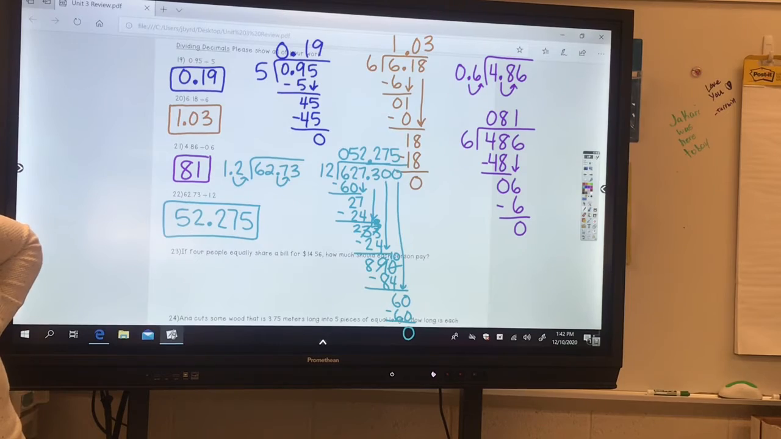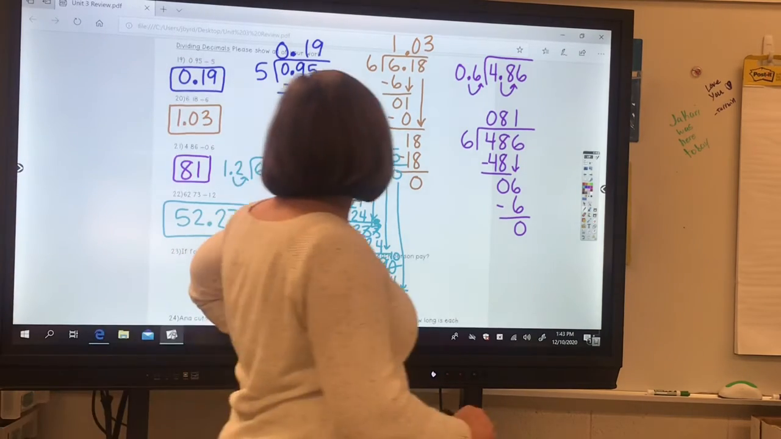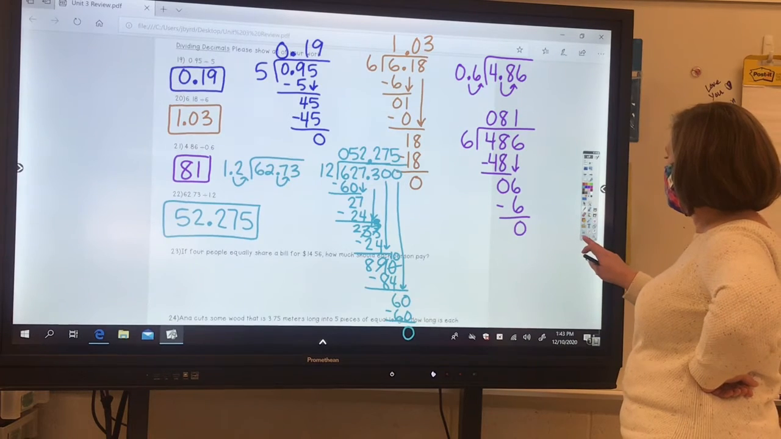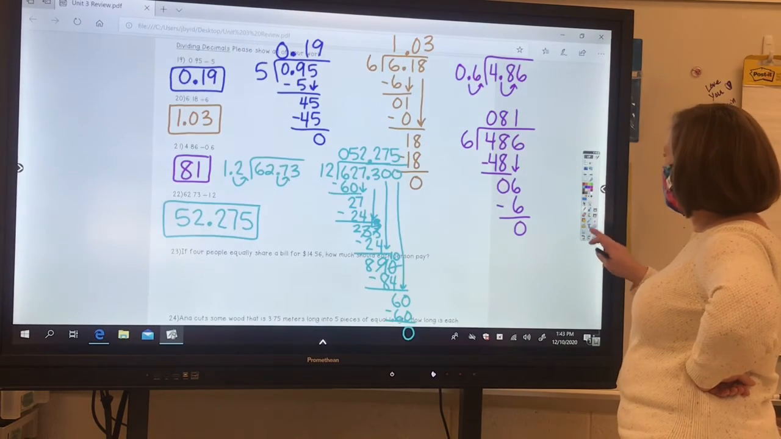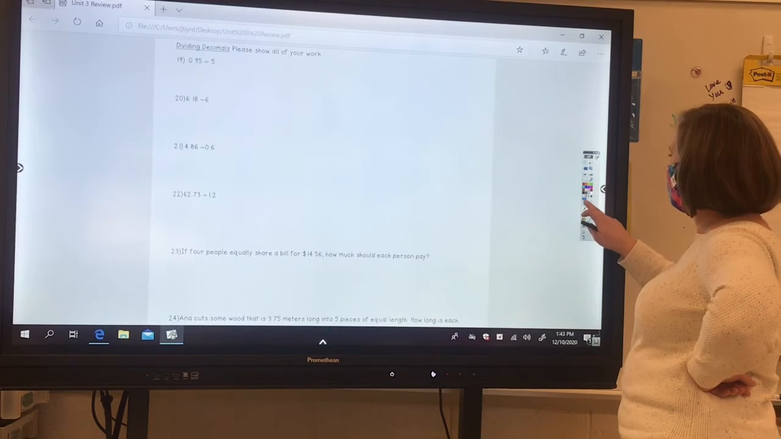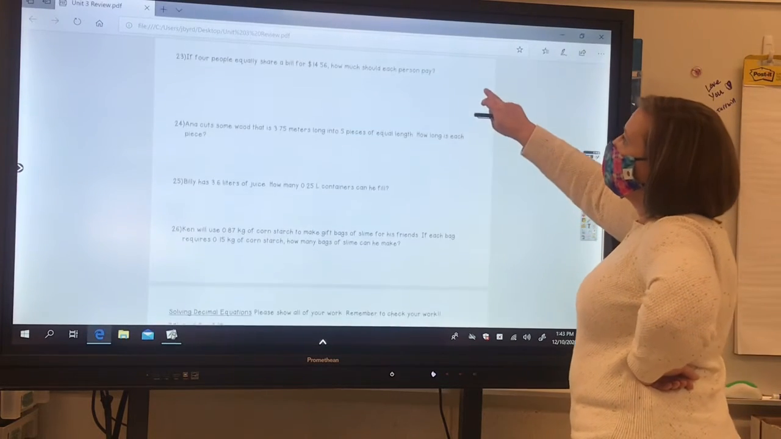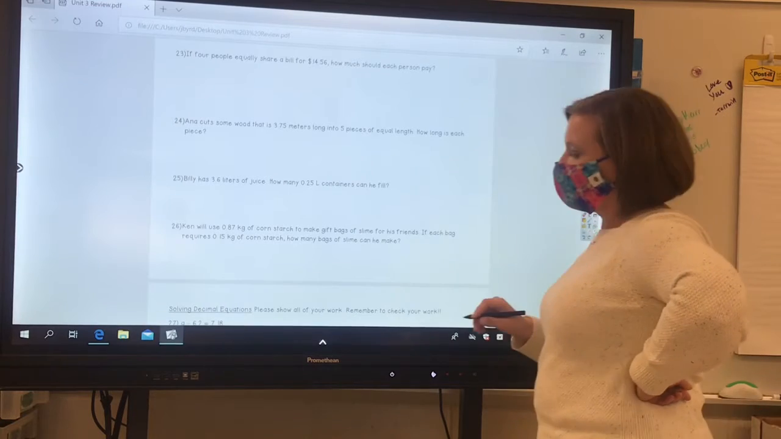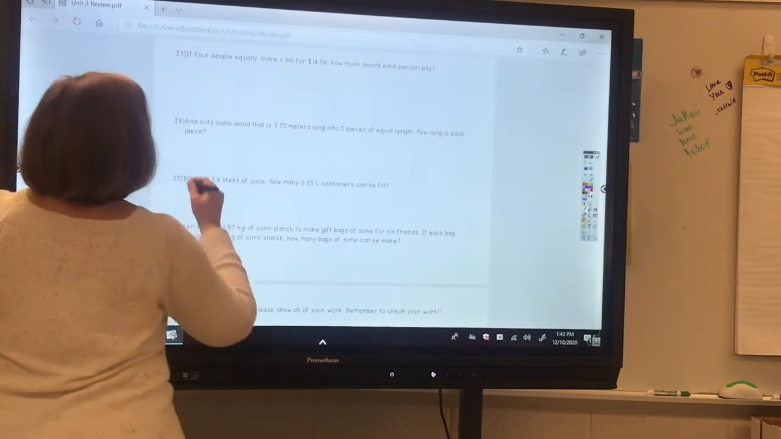Number 23, if 4 people equally share a bill for $14.54, how much should each person pay? So, what are we going to have to do to that $14.54? Divide it by 4, okay? So we've got